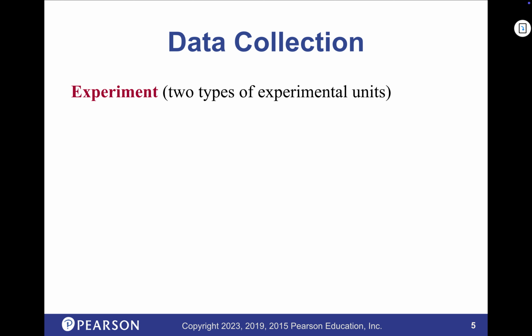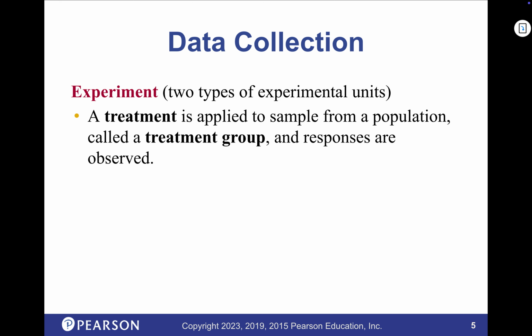When we have an experiment, typically, not always, but most of the time, we're going to have 2 what we call experimental units. These are groups. Okay. And how is an experiment different from an observational study again? Yeah, we're trying to make some changes. We're doing something. There is a treatment of some sort. Maybe a class you take, maybe a shot in the arm, maybe a pill you take, something, right? So there is a treatment that is going to be applied to one of the groups.